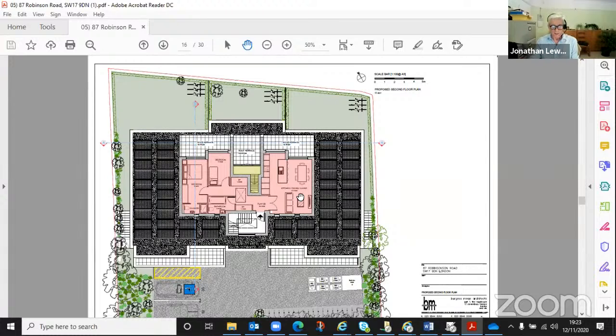Members may have a concern regarding what appears to be a little bit of development creep on the site. The scheme has a number of quite large flats, and in total, the scheme has the potential to, with a little bit of adjustment, accommodate 10 flats on the site. Now, 10 flats would trigger affordable housing. The scheme before you this evening is only for 9 flats, but officers have raised this issue with the applicant,